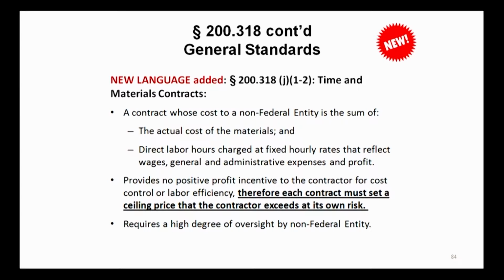And we also have another new requirement here having to do with time and material contracts. Now, a time and material contract is the least desirable of your options for contracting. But as a last resort, you may feel that this is the only way that you can proceed with a needed project. The issue with this is that there is no incentive for the contractor to be efficient and effective